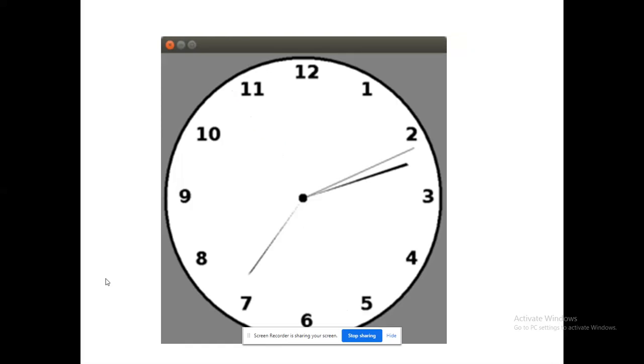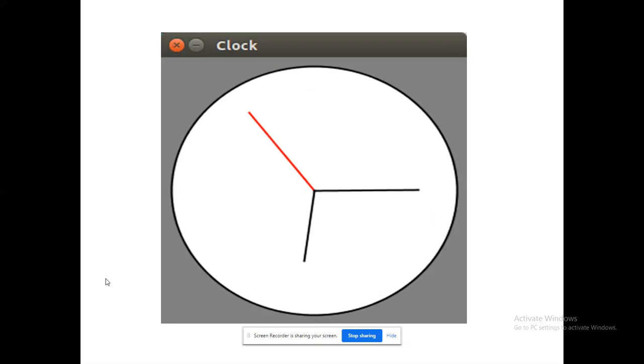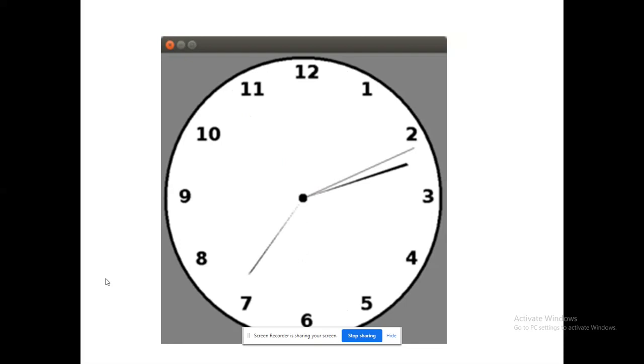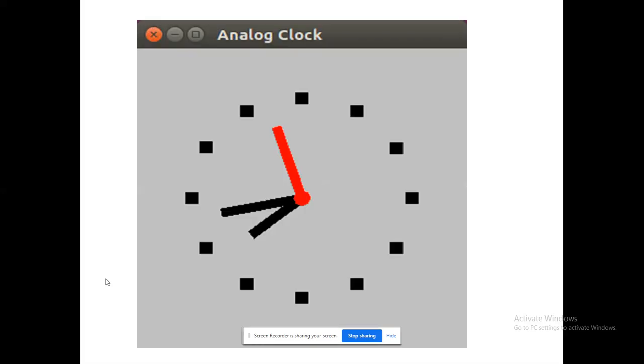For example, in the next one, here I have incorporated numbers, right? I have printed the numbers. I have not used any images. As well, see here, it's an abstract clock. Within the center of the clock, you can see again a filled circle is available, right? The hour hand, minute hand, and second hand differ by their length and their intensity or hue that you can see, right? Likewise, incrementally we have to move.